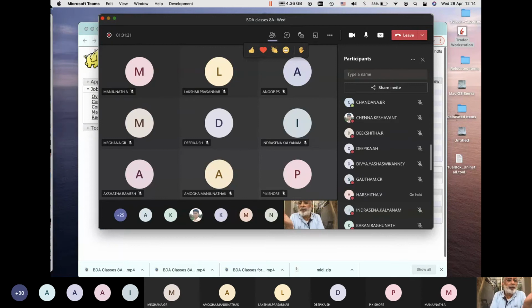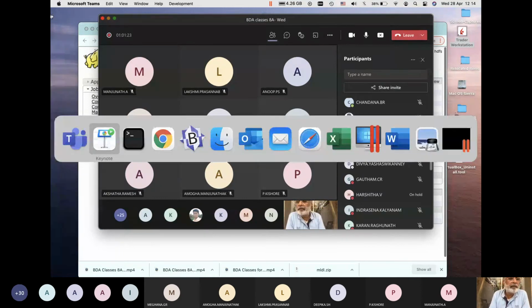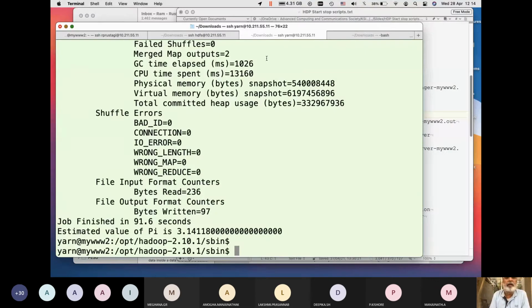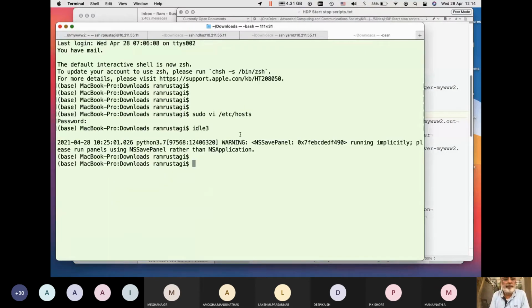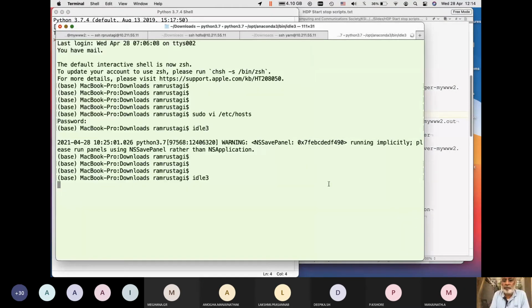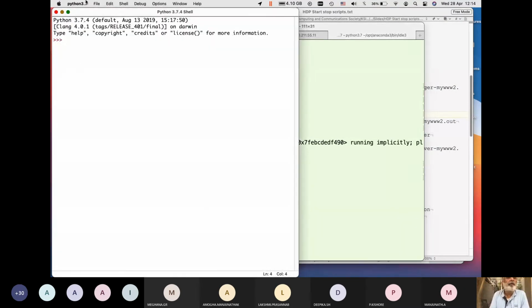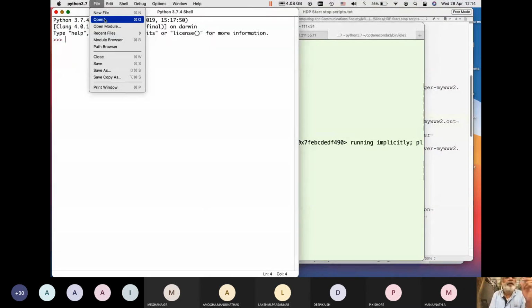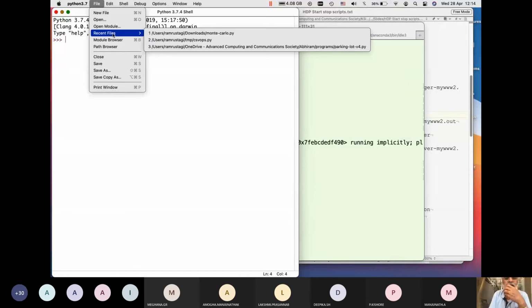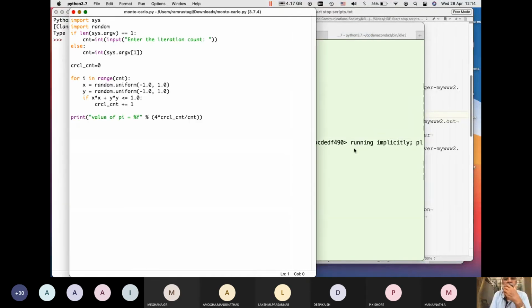So if I were to look at the program, though I haven't written it, the program would be something like, let me see if I can run the program. Open recent file, Monte Carlo.